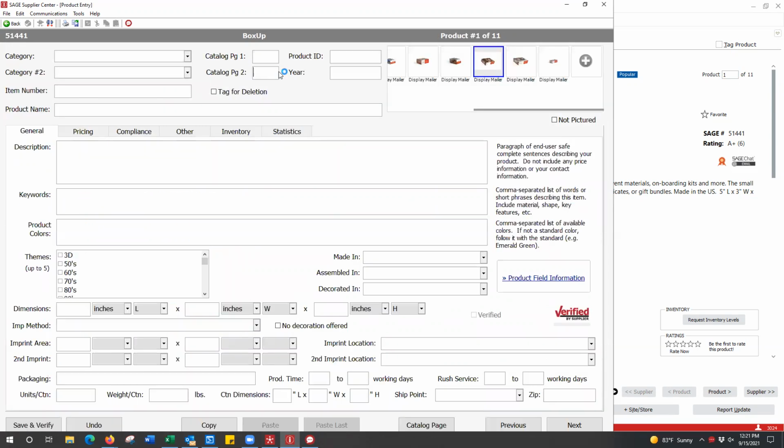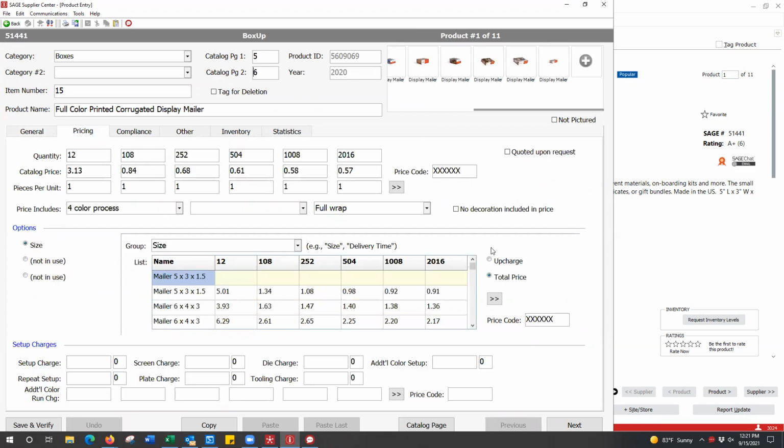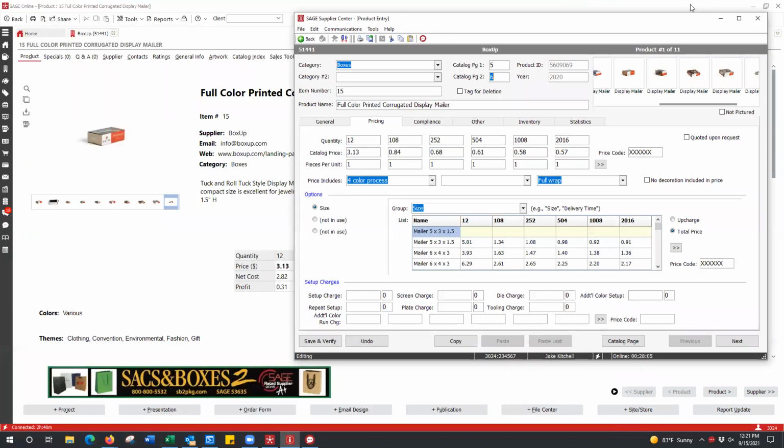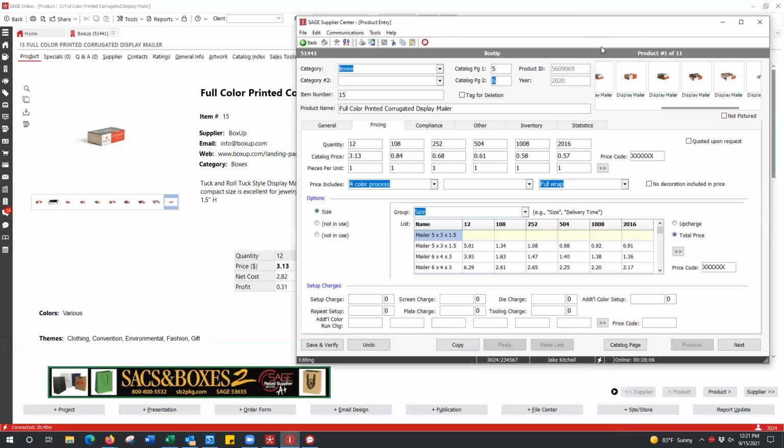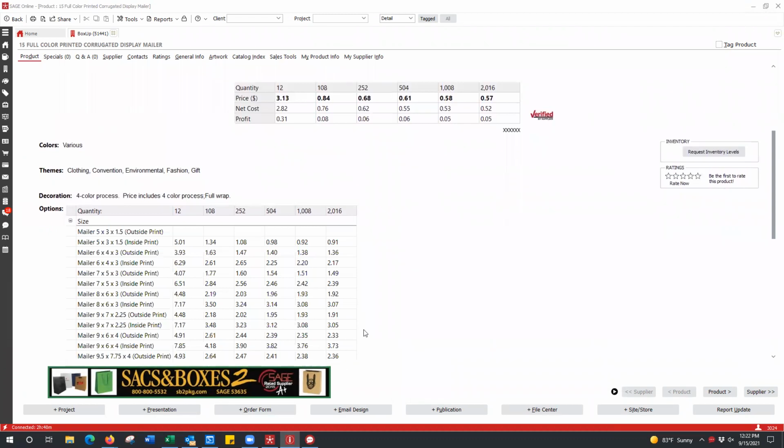Okay. How do we combat the pricing issue, because we had people reaching out all the time saying, hey, I saw this box on Sage was X dollars. Then they're not looking correctly, because when you scroll down, it has the sizes. Okay. Let me show you what it looks like on their website.